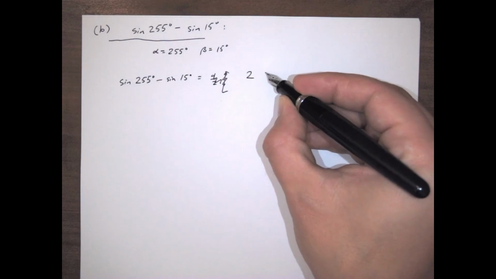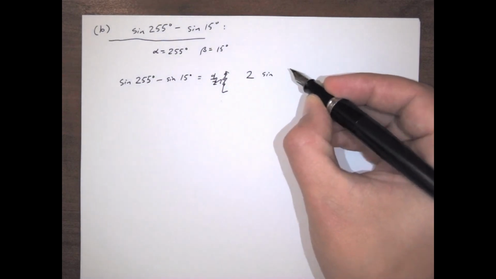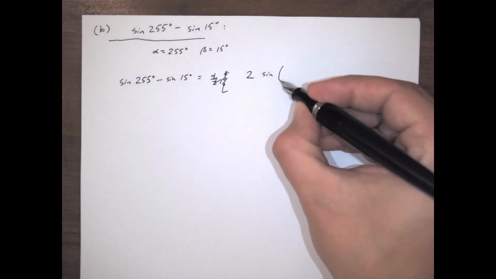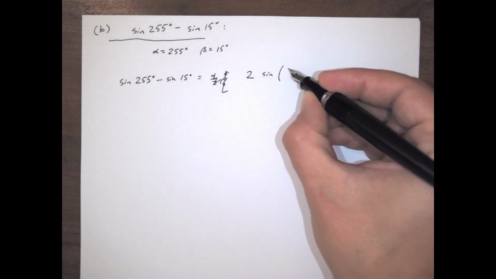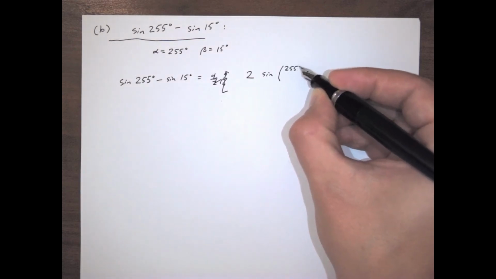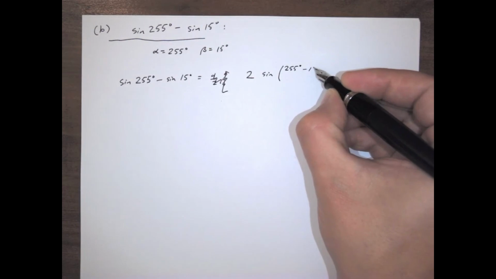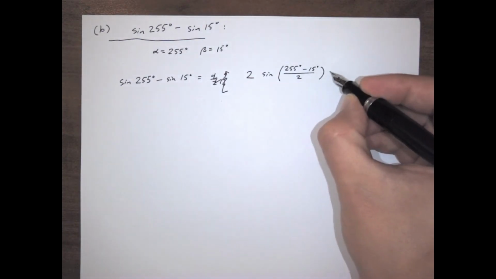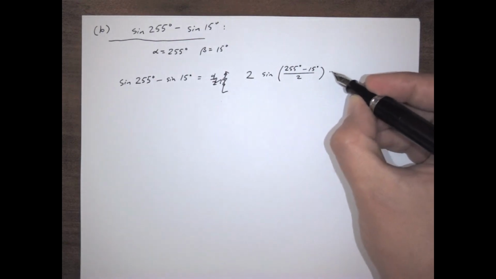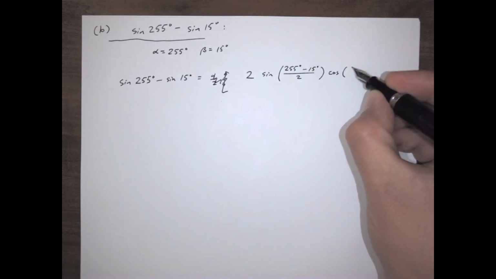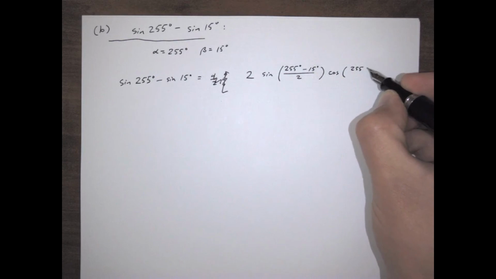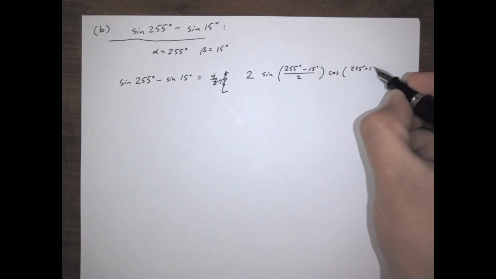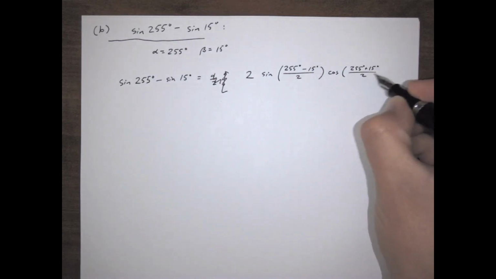So it's 2 sine alpha minus beta over 2. So that's going to be 255 minus 15 over 2. And then cosine 255 plus 15 over 2,